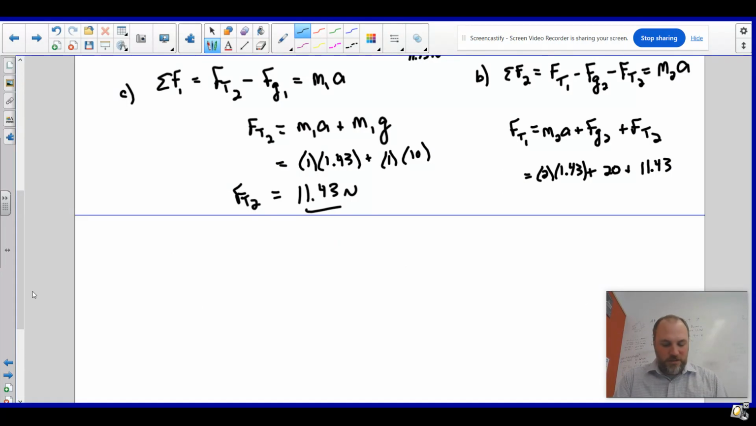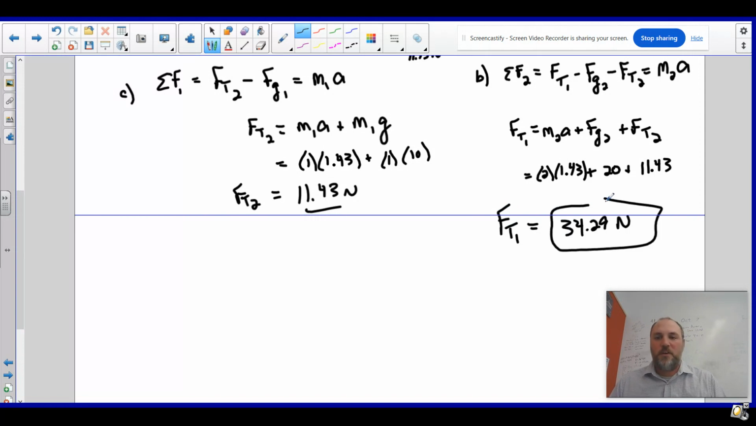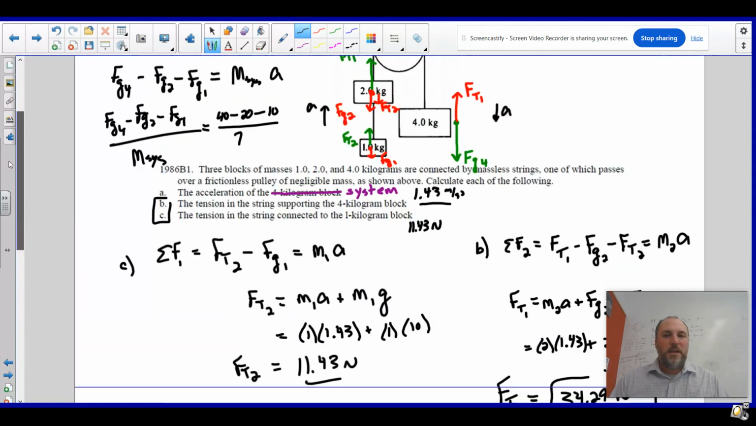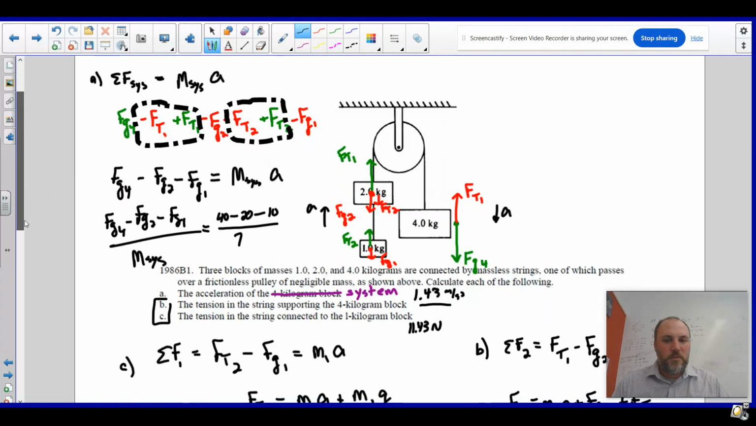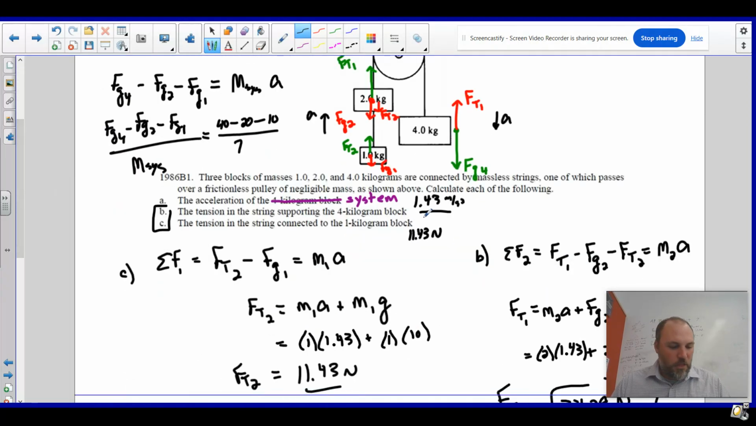If I do mass times acceleration plus 20 plus 11.43, I'm getting a tension in string 1 of 34.29 newtons. So that again falls within the range that I expected. It is large enough to lift the 3 kilogram, but it's also small enough to allow the 4 kilogram to fall. So it was somewhere between 40 and 30 newtons. So part B, we have